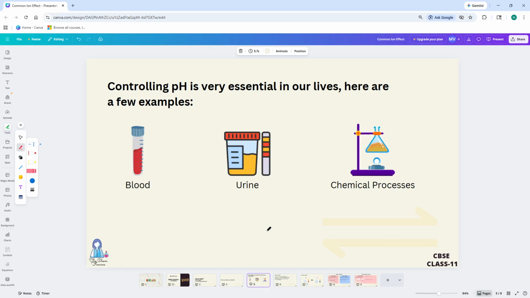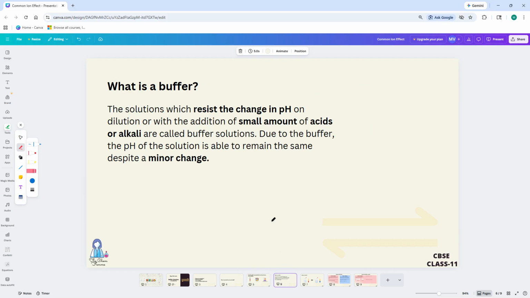So again, what is a buffer? That's what we're going to talk about now. So a buffer is a solution that helps resist a change in the pH. Okay, so this is able to do it in two cases. One, when there's a minor change in concentration, and the other one is a minor change by addition of alkali